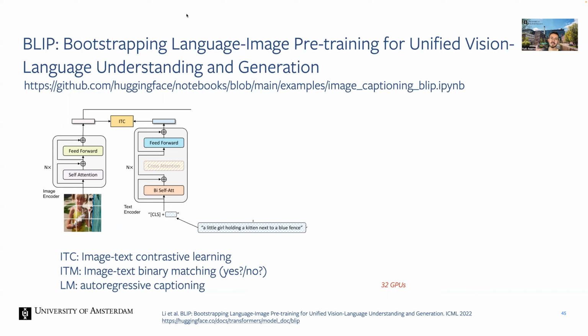And then they have this ITC. So what is this ITC? ITC here stands for image text contrastive learning. All right, so we have the caption, we encode that in the text encoder, add the CLS token, and map these CLS tokens together. All right, so that's exactly like CLIP, right? That's great, we know this.